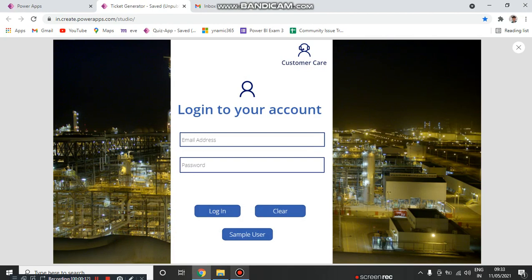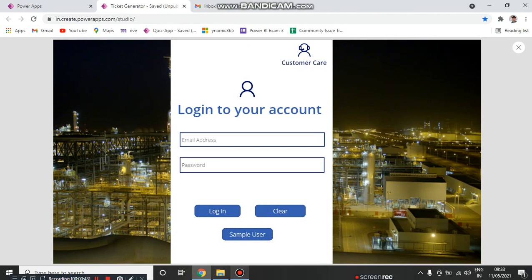Actually, the Ticket ID Generator app provides a user-friendly experience in which the sample user can register the issue of an employee, whatever issue is being faced by the employee, and also mention the employee's details like mobile number and mail ID. After the complete registration, the employee will get a separate ticket ID number on his or her mail ID as well as mobile number. So this is the sample user part.